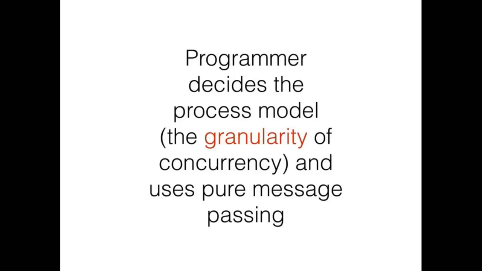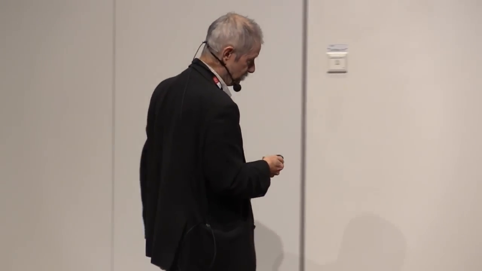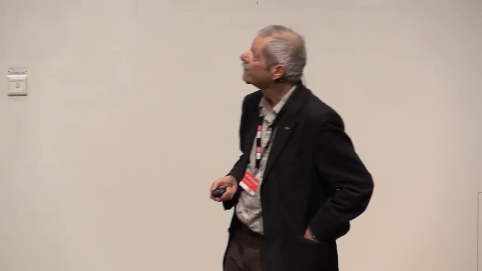instead of letting the computer or some formal system decide the granularity of the concurrency, you let the programmer decide that. Programmers are quite good at that, I think. They just identify what they think are concurrent processes and tell the computer. Don't let an automated system do that. There's never been an automated system that can do that successfully. I think it's quite easy to do it, especially if you're programming something that's modeling the real world. Okay. So the programmer decides the granularity of the concurrency.